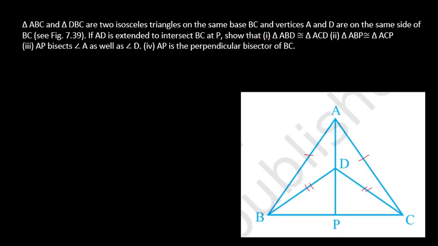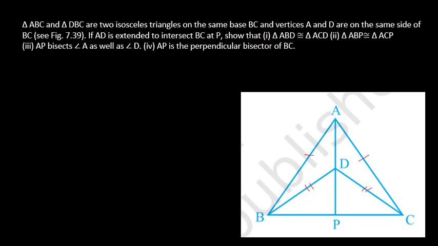Second, ABP, this complete triangle and this complete triangle we will take. Now in these two triangles, first from the previous triangles we can show that this angle A and this angle A, they are congruent, right? Then here, as we are taking triangle ABP and ACP, we know that angle B and angle C are equal because they are opposite angles of isosceles triangle. So by angle, and then this side AP is common, by angle side, we can show that these two triangles are congruent and hence the corresponding angle and side will also be equal.